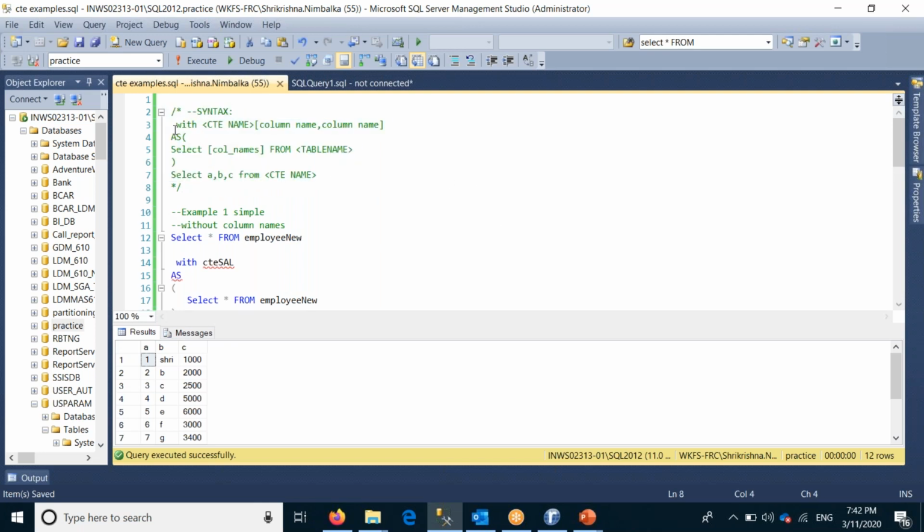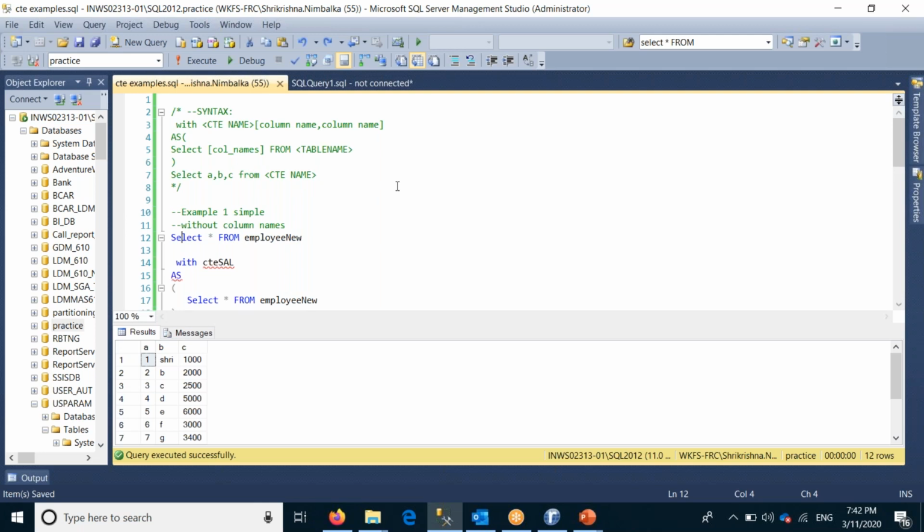The syntax is it starts with WITH, after that you have to mention the CTE name, and column names are optional, and after that AS in brackets you have to write the select statement. And once the CTE has been completed, then you have to immediately use that CTE in the select statement. So we'll see by examples.